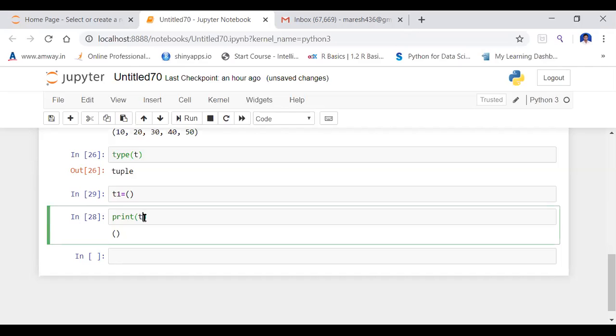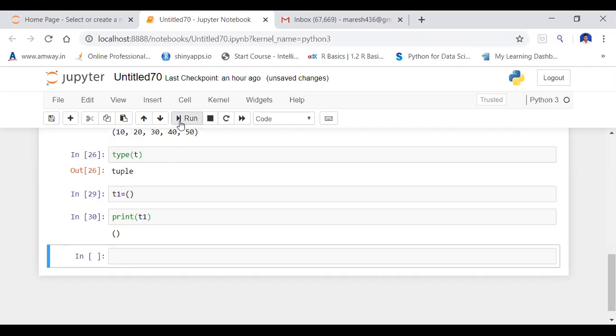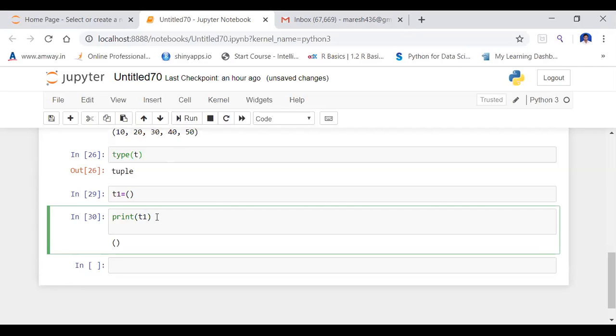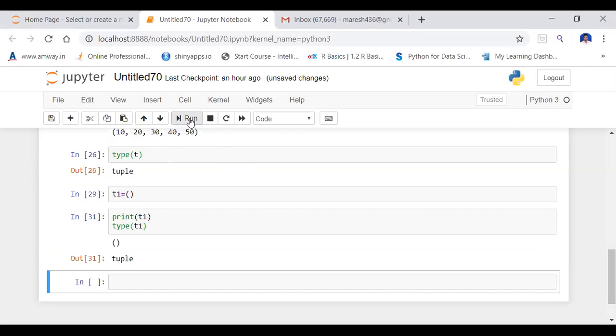Now print T1, and check the type of T1. It is a tuple data type.